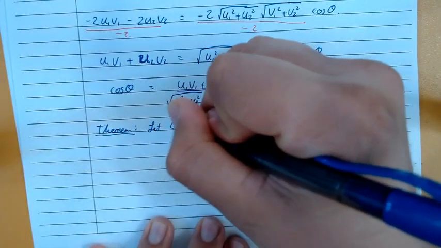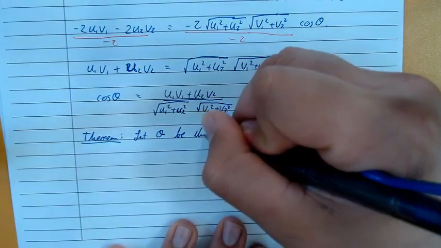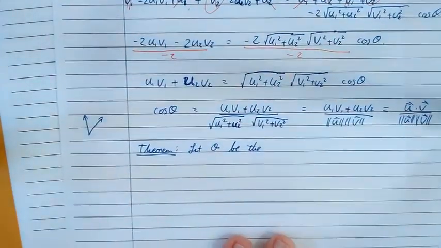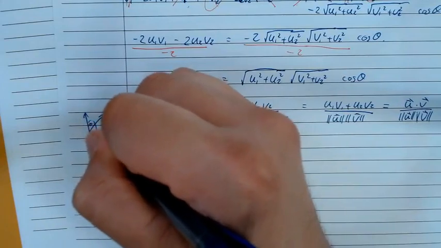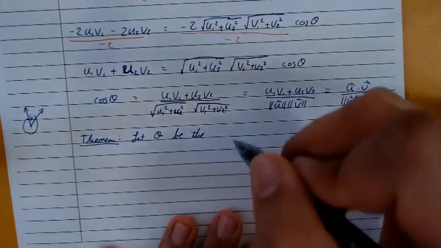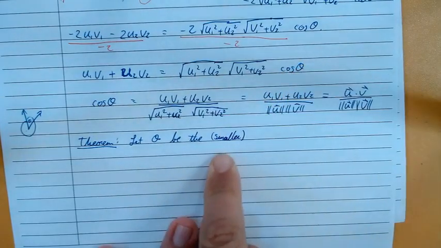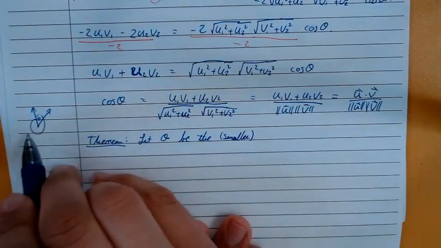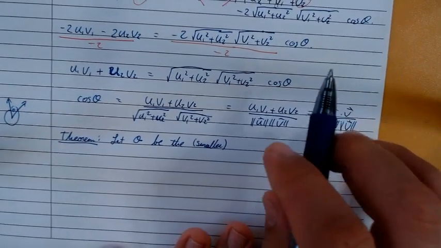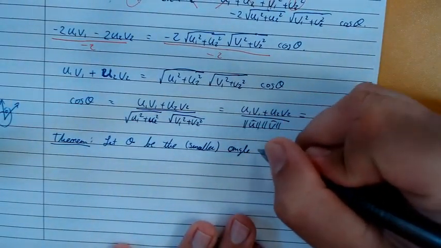We say let theta be the angle. Now, whenever you have two vectors, you have two angles you can talk about. You can talk about the smaller angle, or you can talk about the larger angle. We're always going to talk about the smaller angle. So let theta be the, I'm going to put here smaller. That's not actually part of the theorem, but sometimes it throws people off to say, well, wait a minute, what about the other one? Here, we mean the smaller of the two. Let theta be the smaller angle between